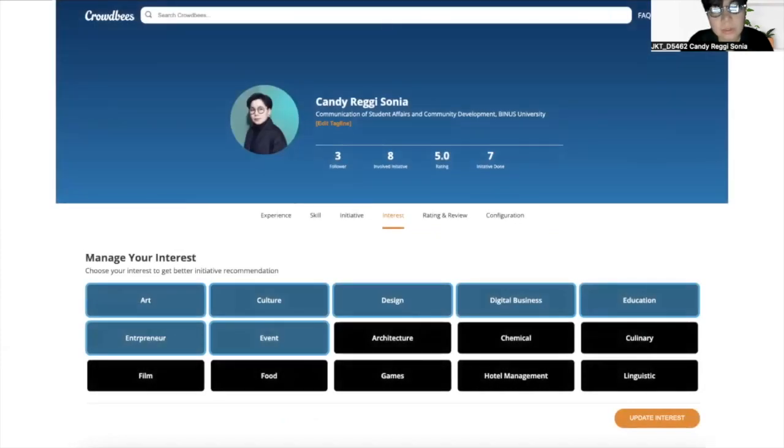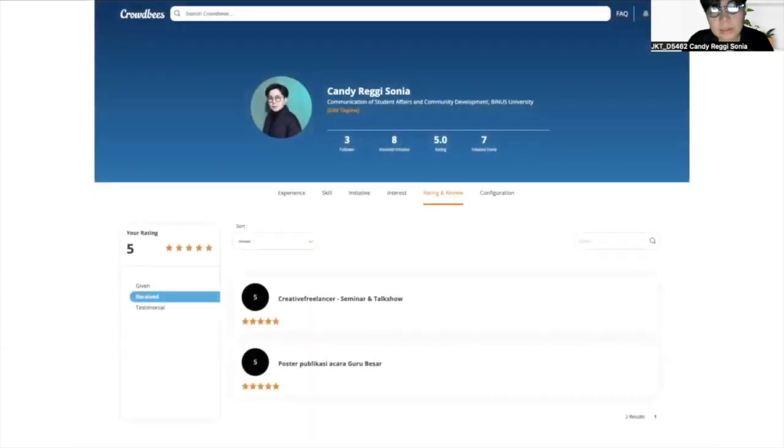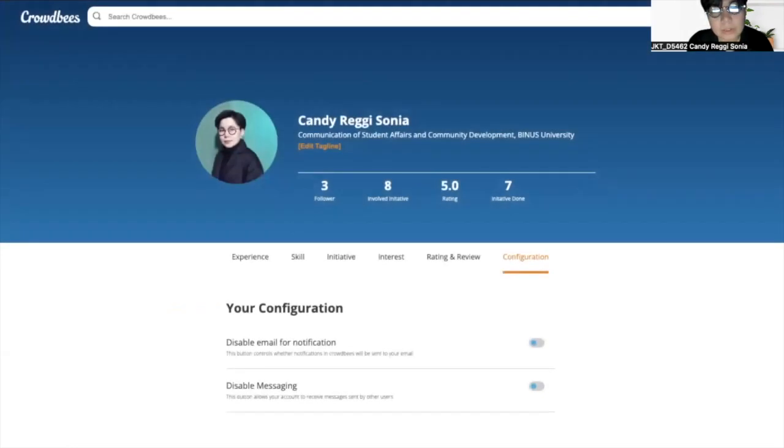Lecturers, staff, and students can make a choice for their interest. And this is about rating and review. And this is about configuration. We can choose to disable email notification and disable messaging.